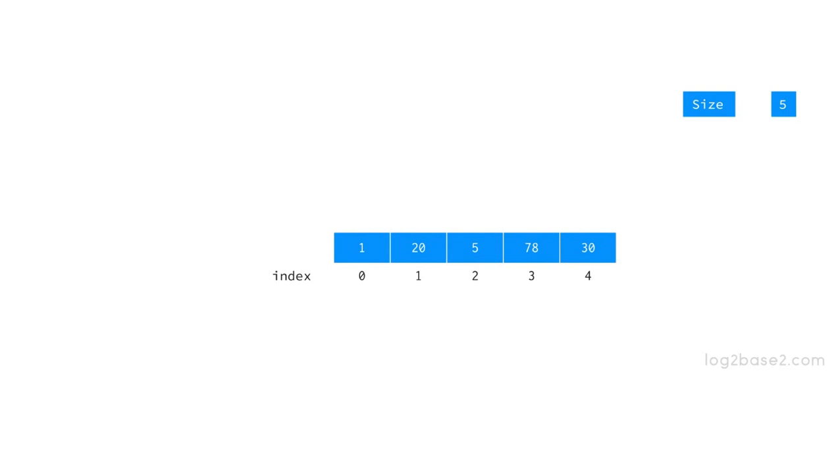Now see this array here with 5 elements and integers from 0 to 4. Suppose we want to delete element 5. So initially we don't know where 5 is located. So first we need to find 5 in the array. So we will start searching from first position. We will compare 1 with 5. It is not the same, so we move further to right.